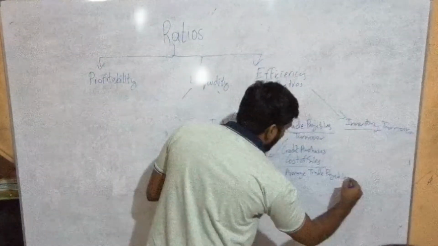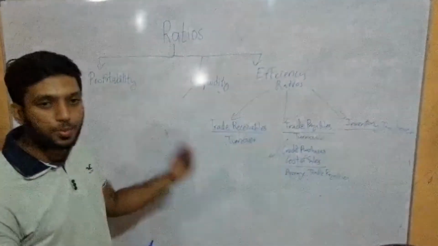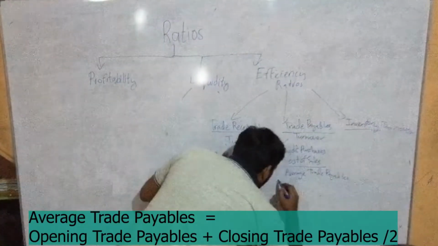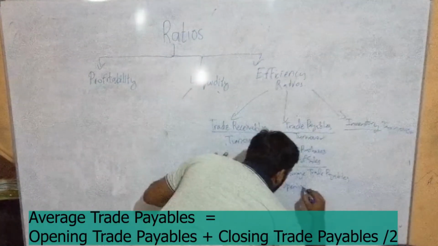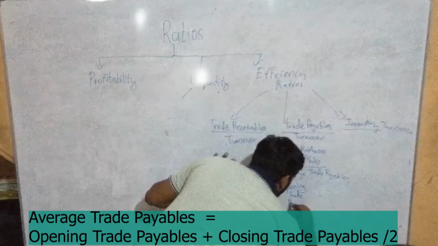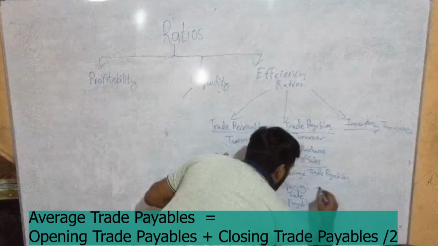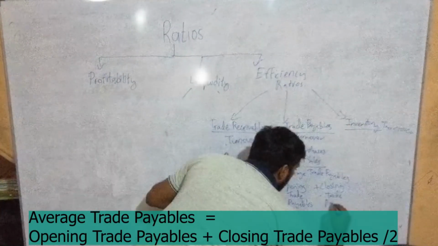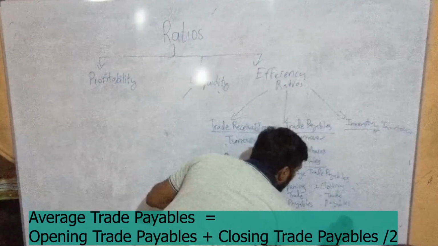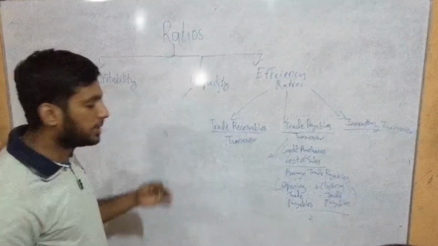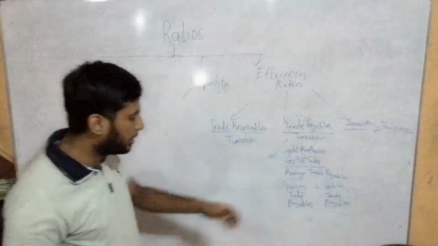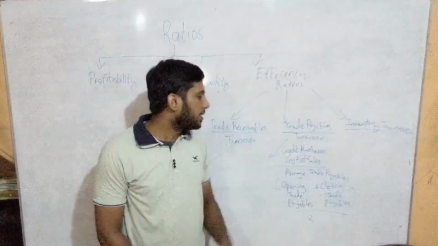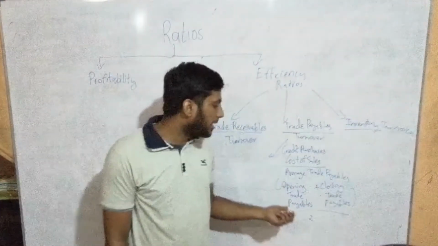As I said, for average trade receivables, you need to take opening trade receivables plus closing trade receivables. You should do the same thing for average trade payables: opening trade payables plus closing trade payables. Okay, creepy handwriting, right? So now this opening trade payables plus closing trade payables divided by 2 is indicating the actual amount of average trade payables. You take your credit purchases divided by average trade payables.